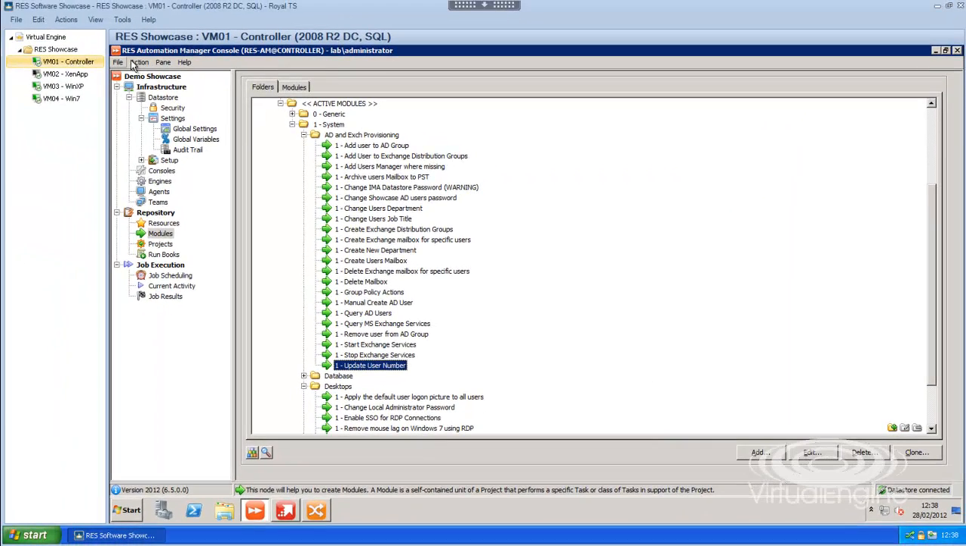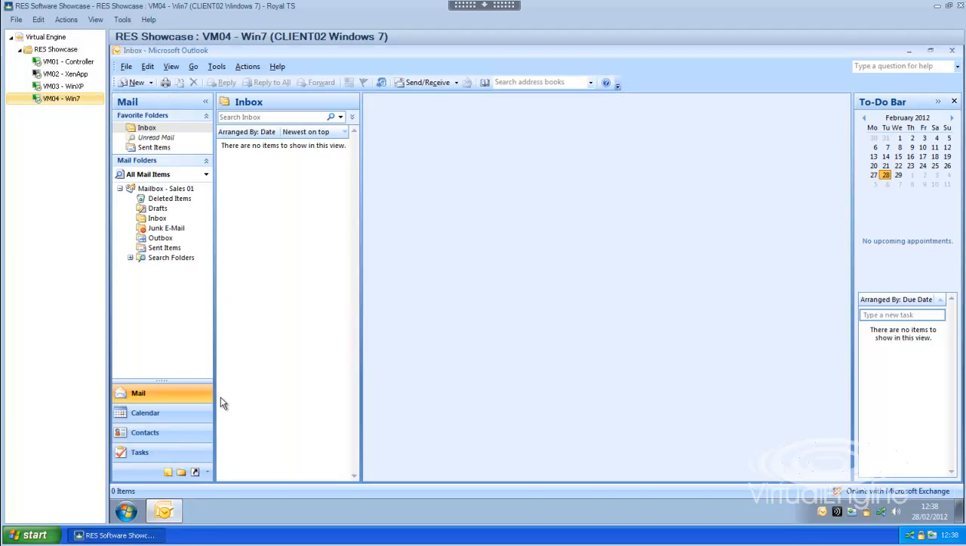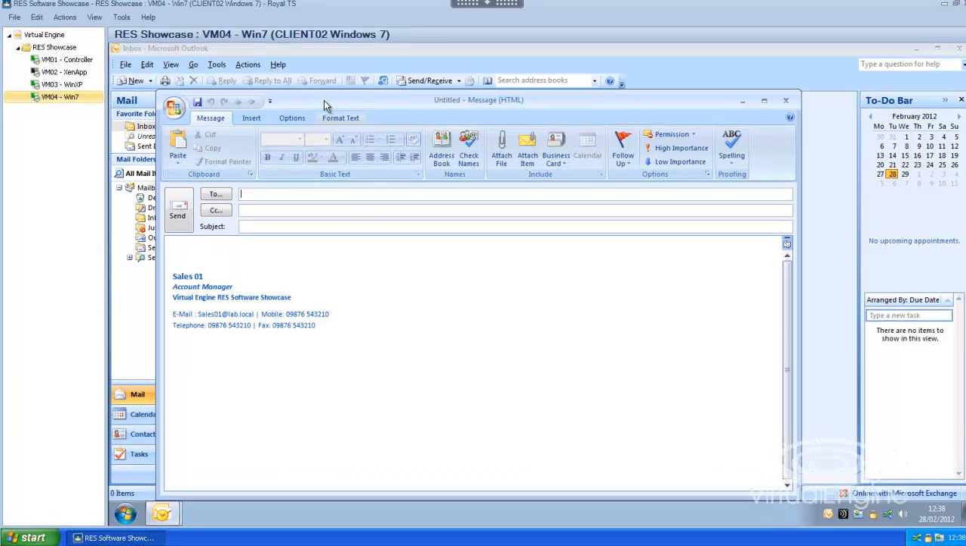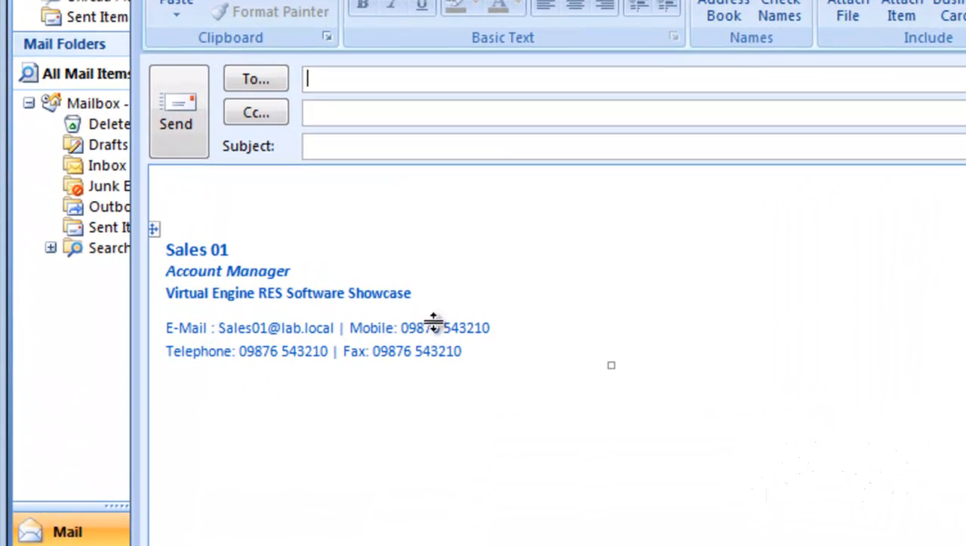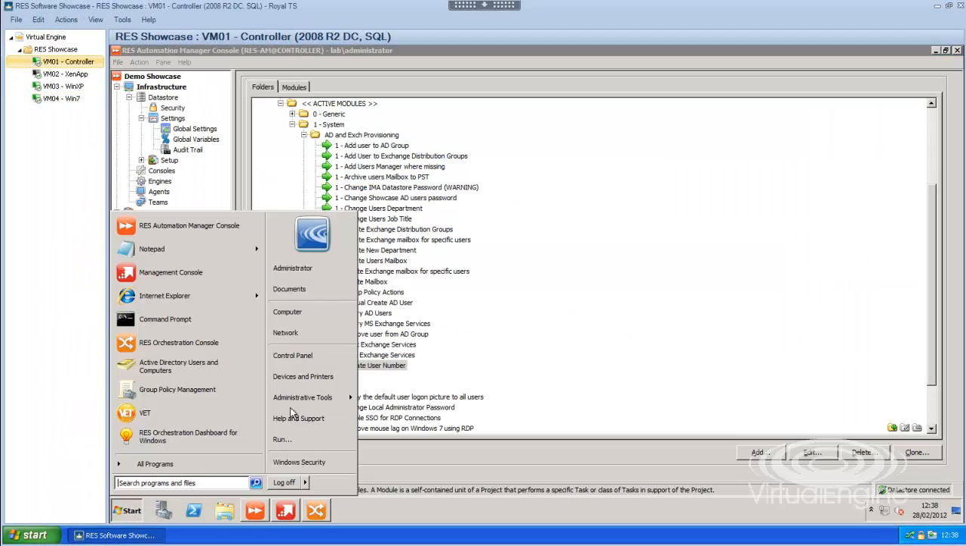Okay, so to demonstrate this, I'm going to log on to the Windows 7 VM. I've logged on as a Sales Zone 1 user. I've started Outlook, just so we can see what happens. If I try and create a new email, you can see that my mobile, telephone and fax numbers are all set to the same. If we come back to Active Directory